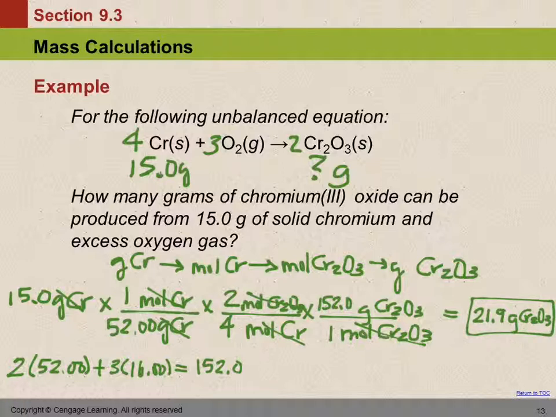Yes? Just write it without the bottom part, because it cancels out anyway. Can we write it without the bottom part? You mean these down here? And just multiply it by the top ones, like 15 times 1 times 2 divided by 152, or am I understanding? There may be some situations where if you didn't put the denominators in there, it might work out, but